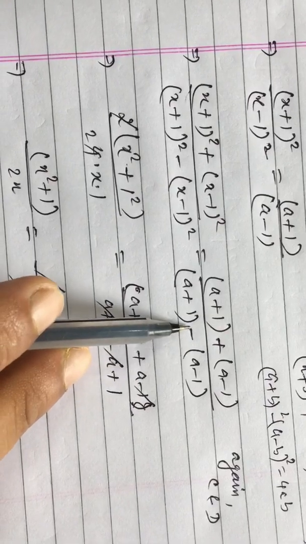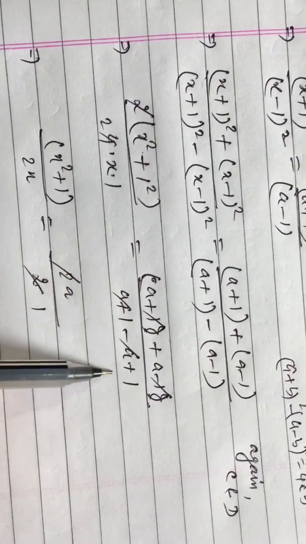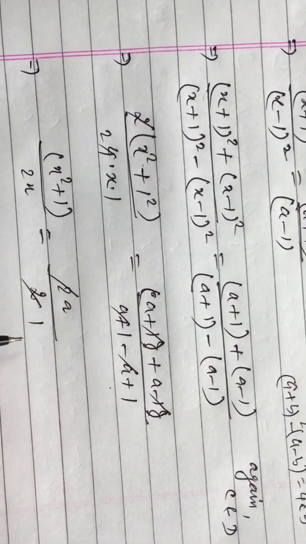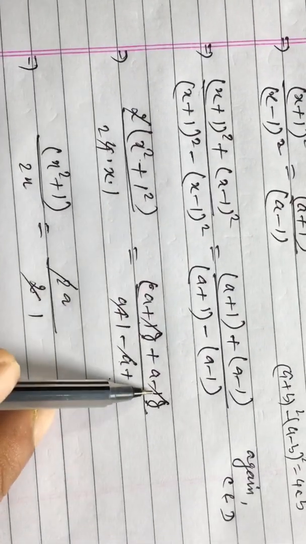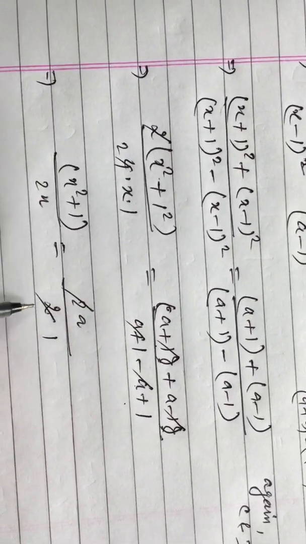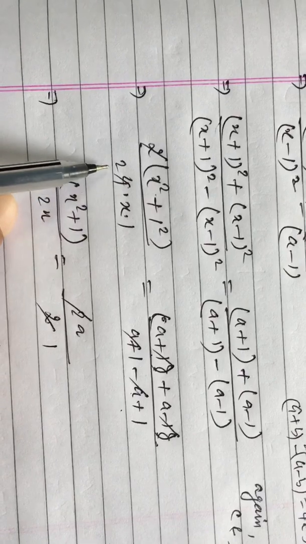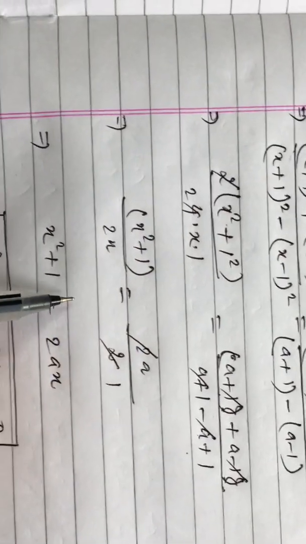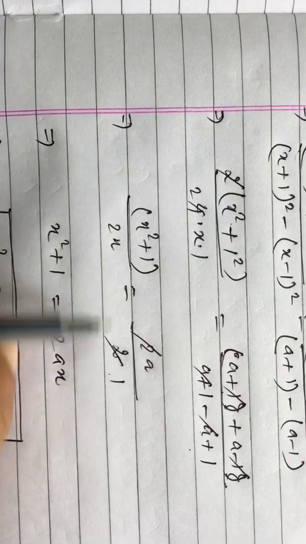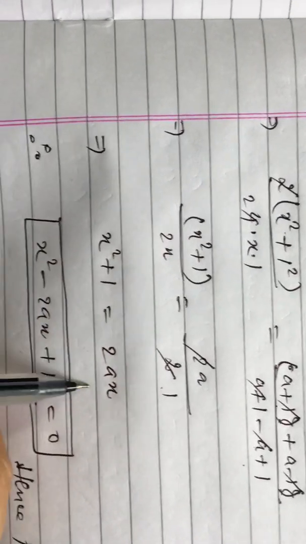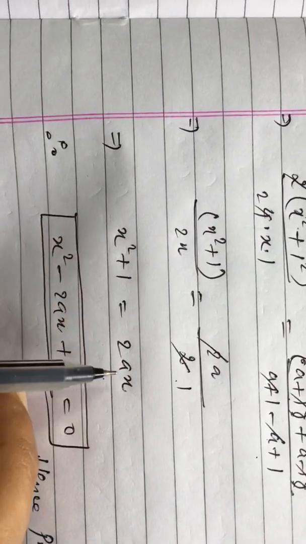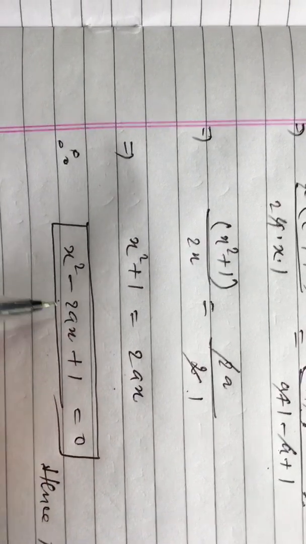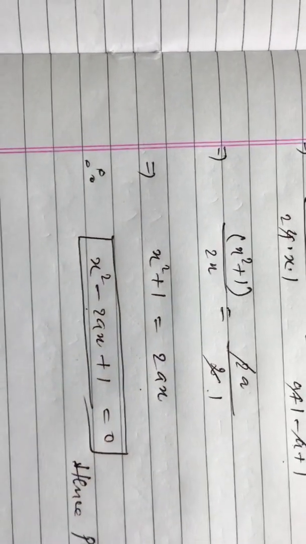And open the bracket: minus plus minus and minus minus plus. A cancels. 1 plus 1 is 2. And 1 cancels. A plus A is 2A. This 2 will be cancelled, and from this it is cancelled by 2. That is 2x and x square plus 1. Now cross multiply them. X square plus 1 is x square plus 1. 2x into a, that is 2ax. X square plus 1 minus plus 2x, taking this side minus 2x. This is our required term.